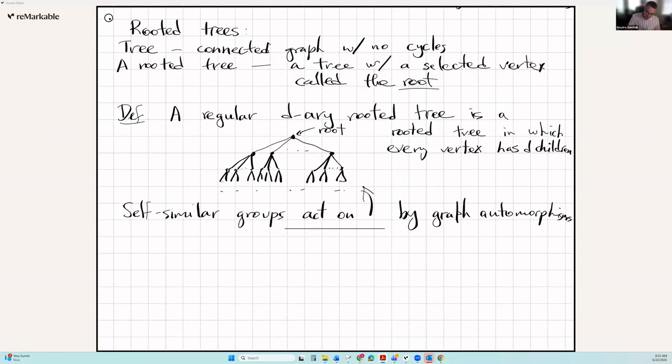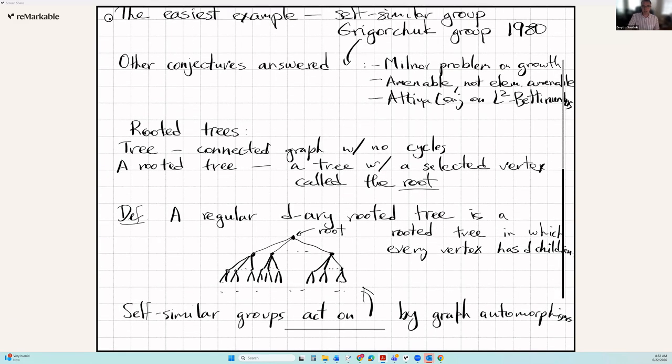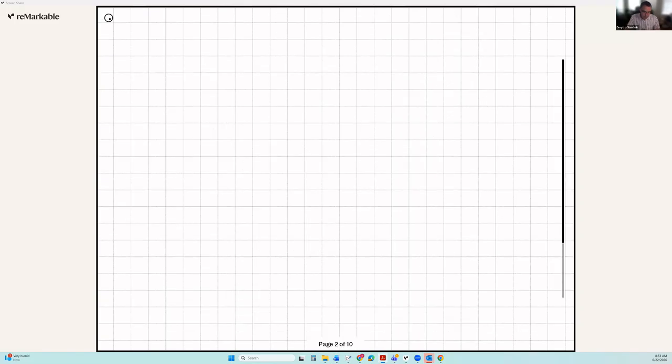Okay, so now the question is, how do we characterize these automorphisms, right? We have to come up with some language that will help us to talk about them and will help us to study these groups. And first, we're going to label the vertices of the tree in probably the most natural way. So I'm going to flip to the next page. Okay, so the tree itself, maybe let me draw another one. So first we label the vertices of the tree with finite words over some finite alphabet X.